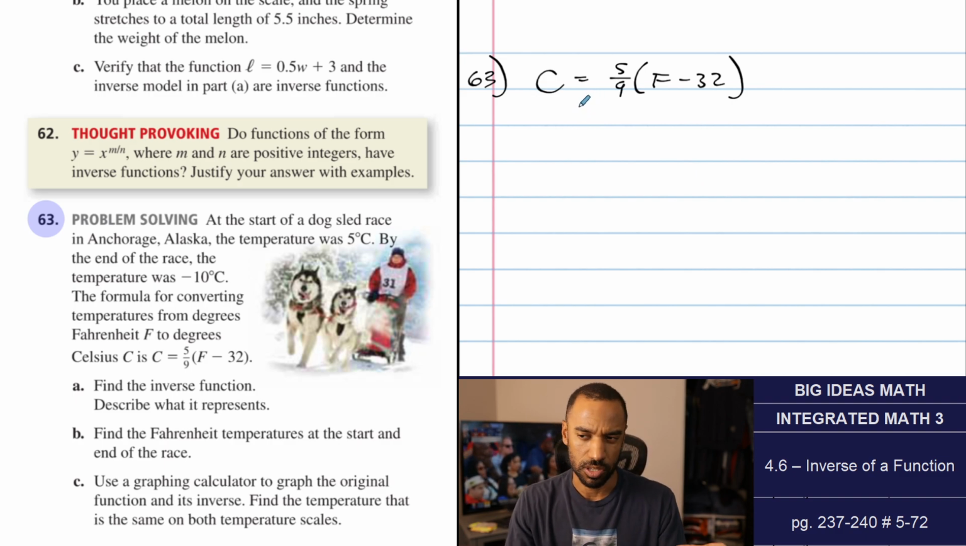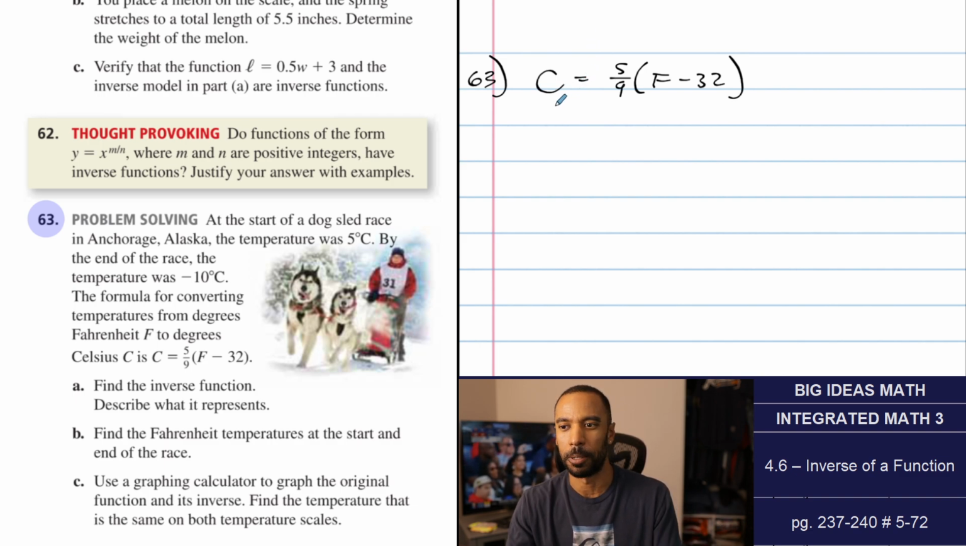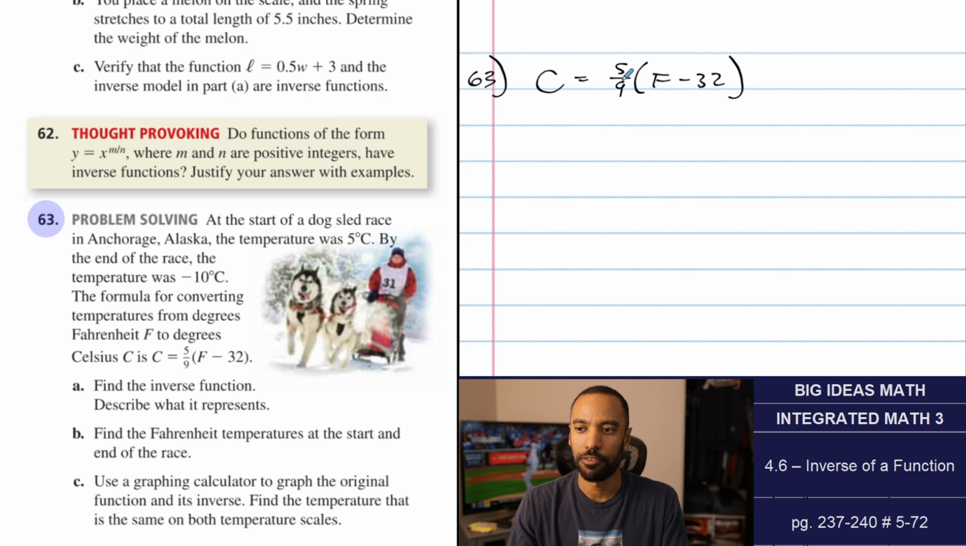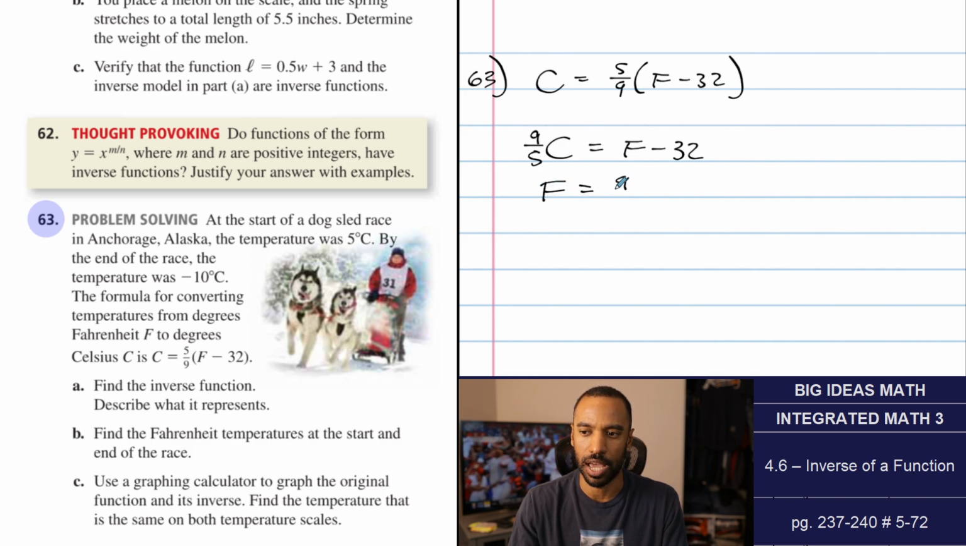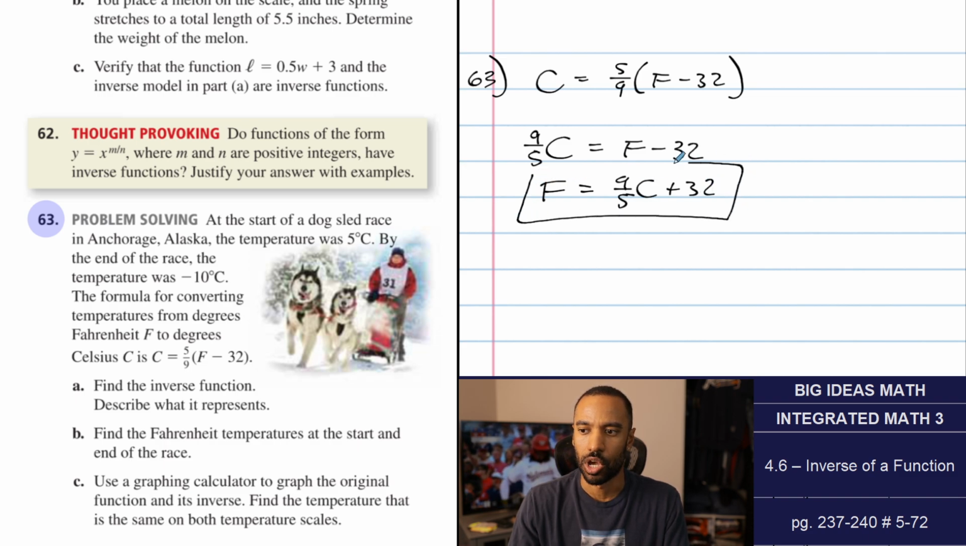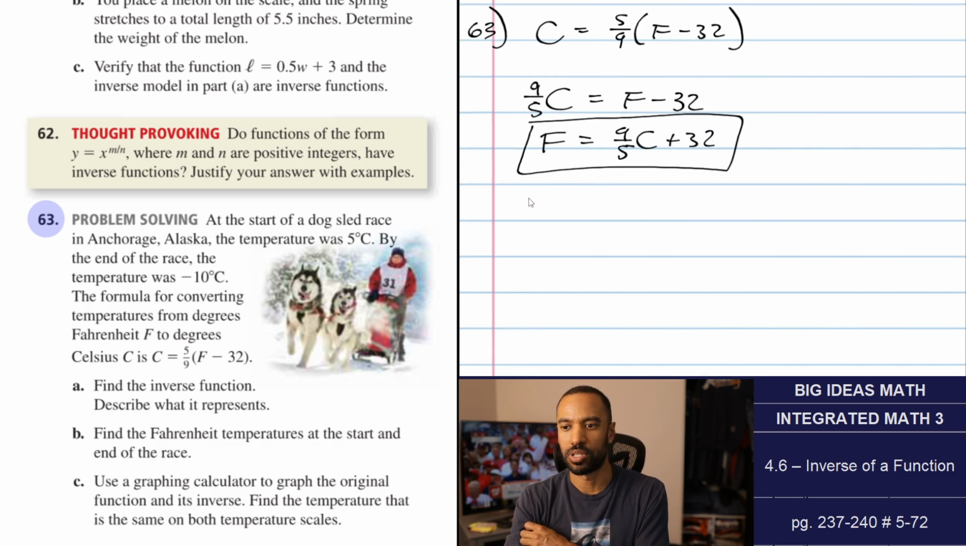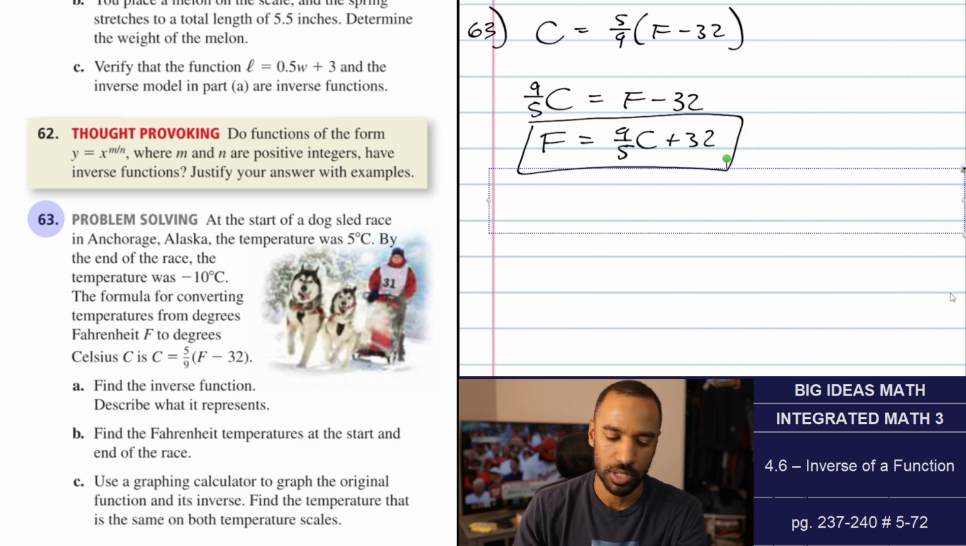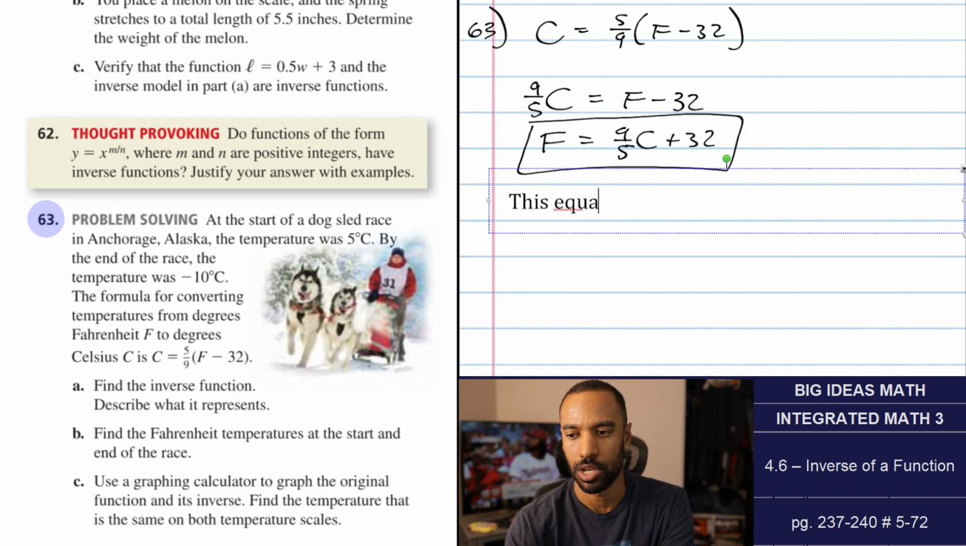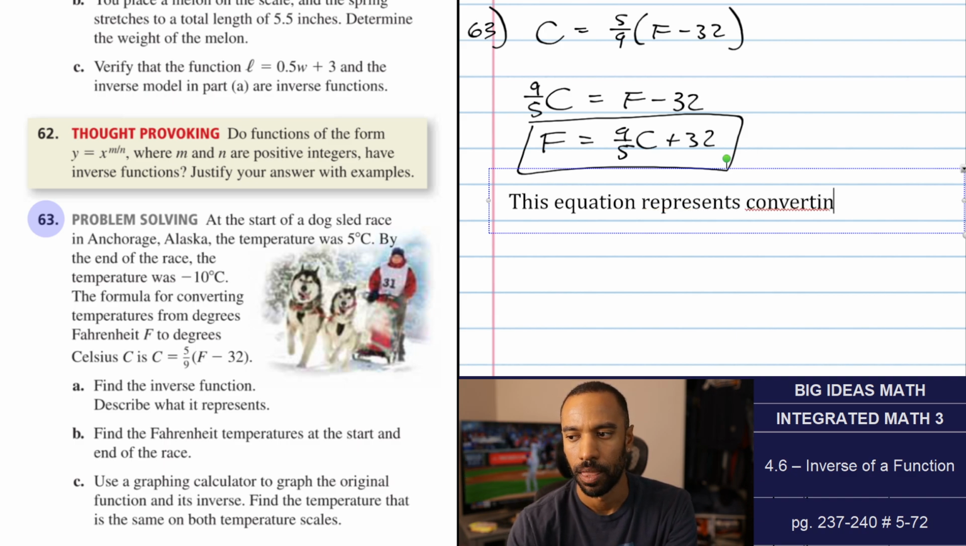So again, I think I mentioned this in the lecture portion, and we got to do this in a problem set somewhere, maybe even chapter 1. It was a later kind of problem, but first I'm going to multiply both sides by 9/5. 9/5 times C equals F minus 32, and add 32 to both sides, F equals 9/5 C plus 32, like that. So what does it represent? This equation represents finding degrees Fahrenheit from degrees Celsius. This equation represents converting. How about converting to degrees